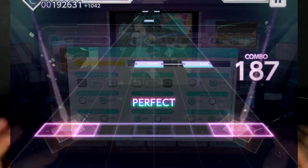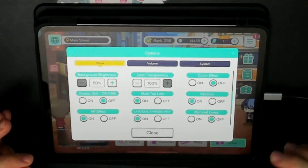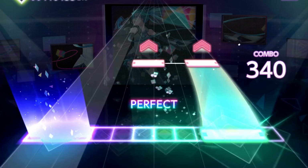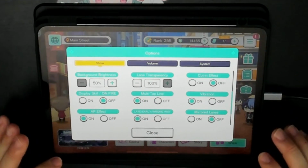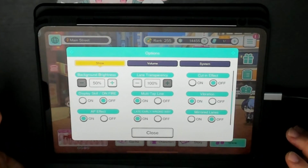Display skill I like to leave off because it's just another distracting pop-up. Multi-tap lane I leave on. This is an indicator that shows that you need to hit 2 notes simultaneously. Vibration and AP effect are down to personal preference. AP effects just shows you if you're maintaining an all-perfect combo, which really isn't a big concern if you're just